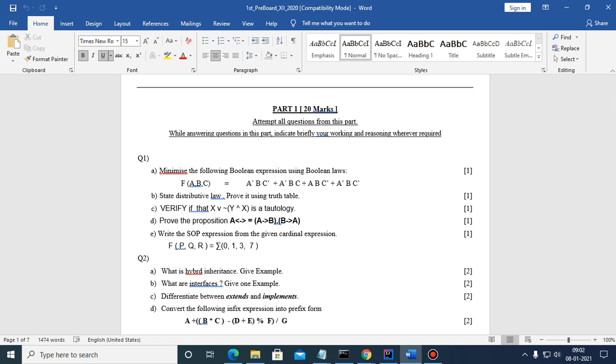Yes, sir, I think in the first question, part A, everybody has done correctly. But some of them are facing problems in question number 1, C and D. Verify it as tautology. So, children, verification in question C is simply this: this is the OR symbol, this is the complement symbol, and this is the AND symbol, which is an inverted V. So you have to just draw the truth table and nothing else.